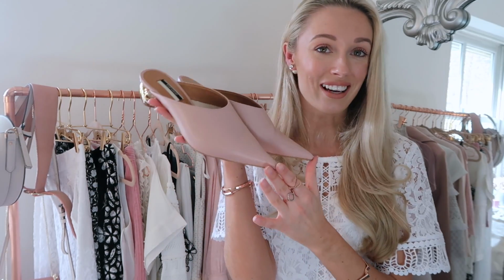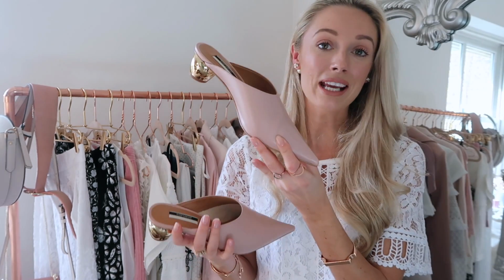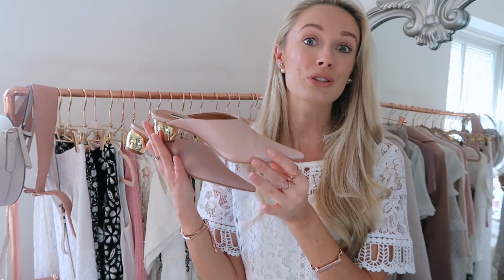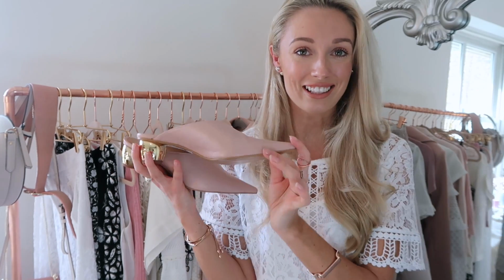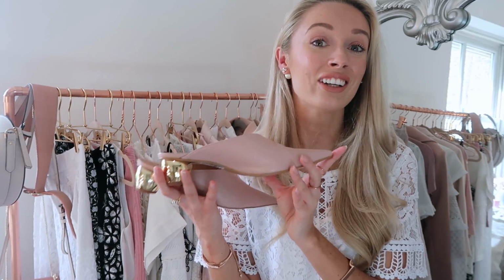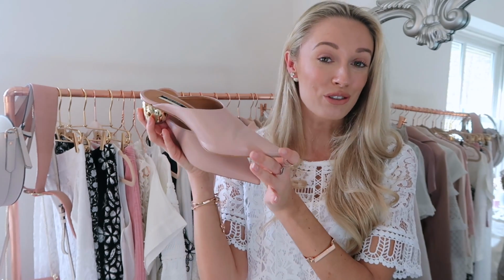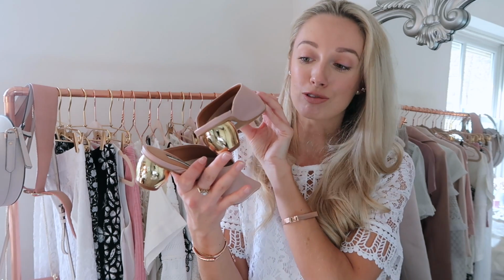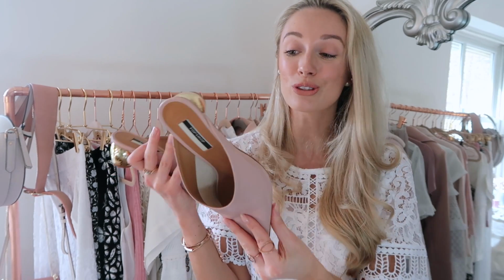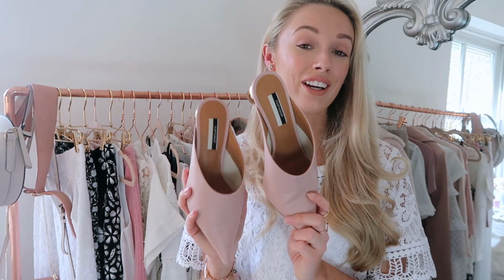But these shoes, I think you guys will agree with me, are just absolutely divine. They are pink leather mules and I love mules. I think they work with so many things, whether that's jeans or crop trousers like the trousers I'm wearing right now, skirts, they just work with everything. And these are the most beautiful shade of pink, beautiful soft leather, and then I adore this little round spherical heel. So cute. These were £62, so they're not the most affordable shoes for the high street,